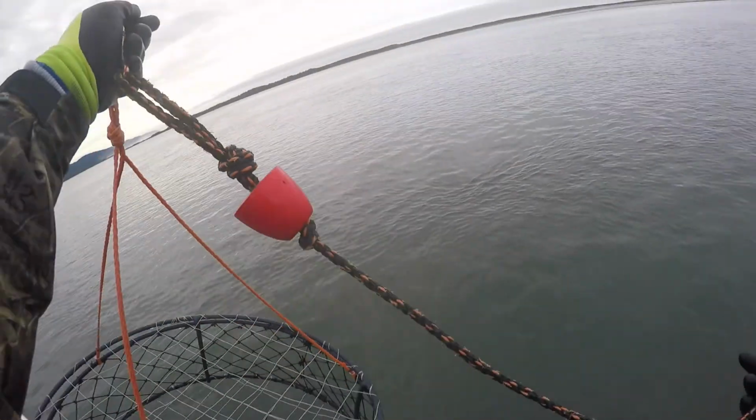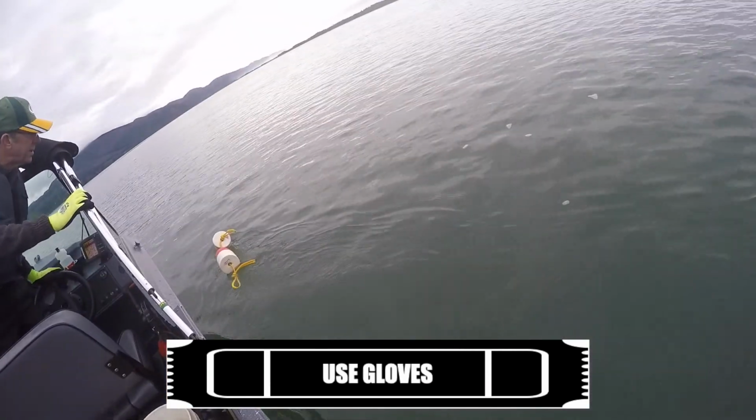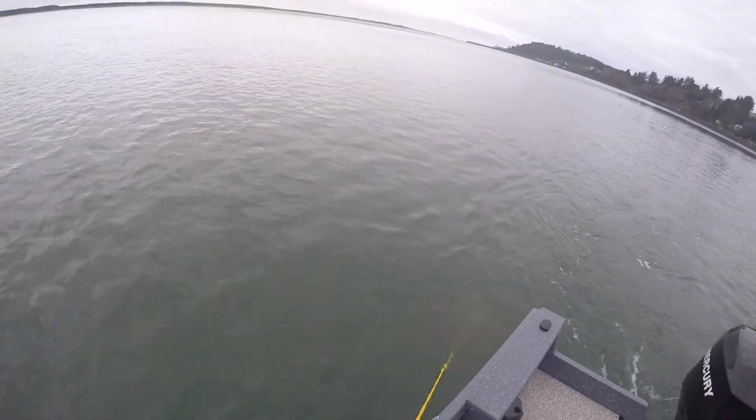Number 4. A good pair of gloves. Whether you're pulling up crab pots or sorting through crabs, a good pair of gloves is a must to protect your hands. When I crabbed with my grandfather, I had first-hand episodes where he would pull the crab pot up, start to sort the crabs, and he would always just pick them up bare hands and dive right in. Now, he was tough as nails, but he always seemed to get a finger pinched or cut by a crab